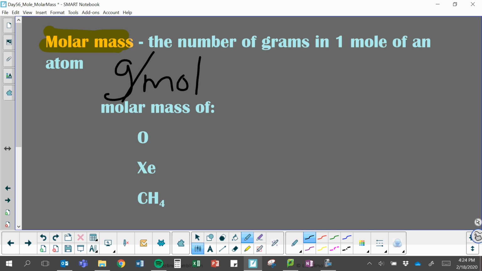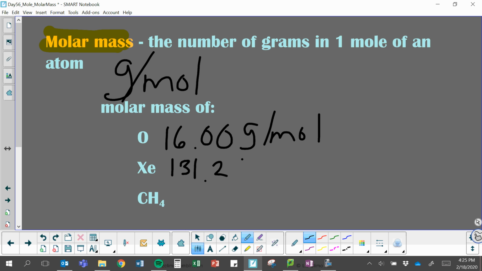So if we're going to do the molar mass of oxygen, we just look at our periodic table and it says the mass of oxygen is 16.00. So that's telling us the unit is also grams per mole. That's telling us that in 16 grams of oxygen, there's 1 mole of atoms. So if you weigh out 16 grams of oxygen, that has 6.022 times 10 to the 23rd atoms in it. And then our xenon, we can look again, we can find it, and it's going to be